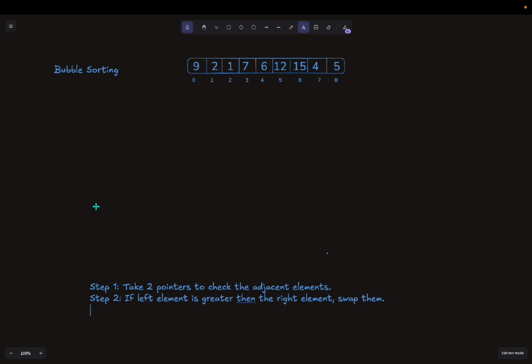Okay, so you can see in the first two indexes, the left side value is greater than the right side value. So this will swap. 2 will come at the first position and 9 will come here. Okay, in this way we will keep moving this 9, and whatever the greatest value we find, we will keep moving towards the right side so that we will have the greatest value at the end. Once we have the greatest value at the end for that particular iteration,